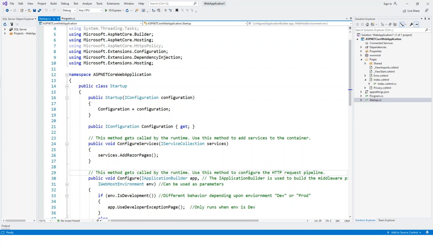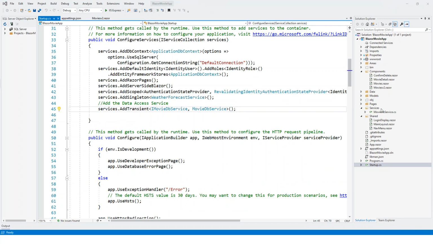Now this AddRazorPages is an extension method that encapsulates all the code required to set up the Razor Pages services. This method adds various Razor services for rendering HTML, and formatter and routing services as examples. Now, as told earlier, the ConfigureServices method is the place for registering our custom services. So it could also be a movie service in a movie app that is called by the application for performing CRUD operations. Now I will show you.